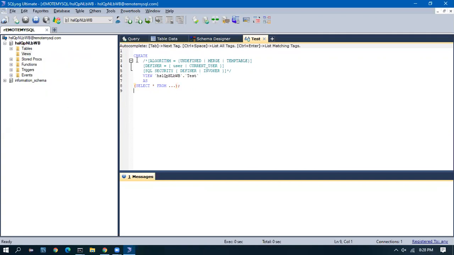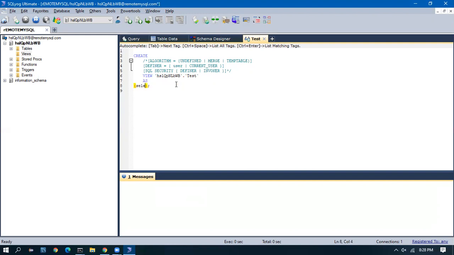The syntax to create a view is create view, schema name dot view name, as whatever query we need to give.